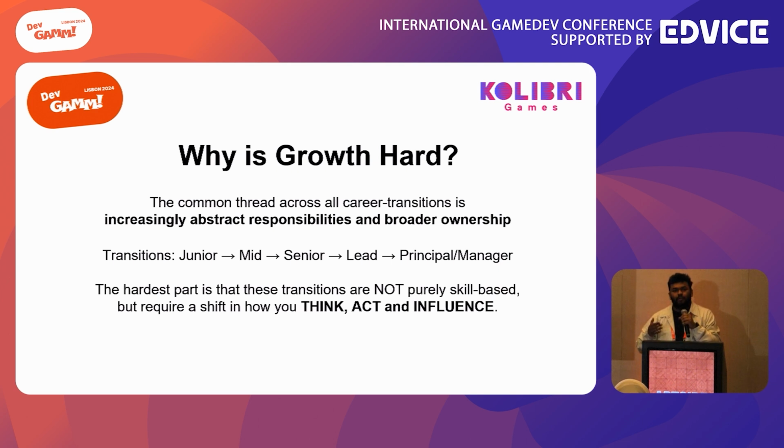So let's say you are starting as a junior engineer, and now you have to think in a different context than the lead should be thinking. Because you are going to be thinking as part of your squad, your team, whatever you call it. You need to think from that perspective, and then act based on that context and perspective, and then influence your team from your position. And then once you grow, let's say you become a senior or lead or manager, the context also grows. It doesn't shrink, it just grows more.